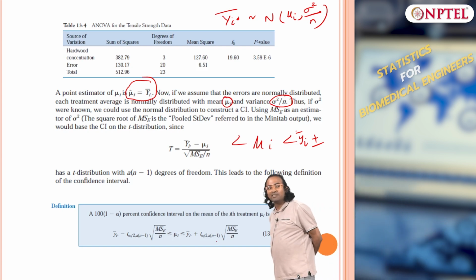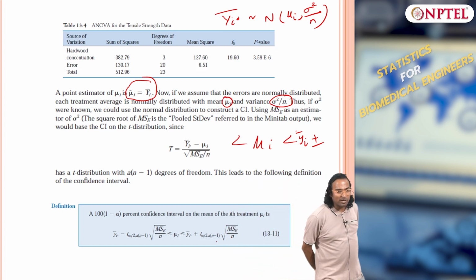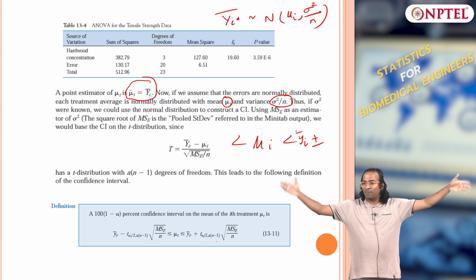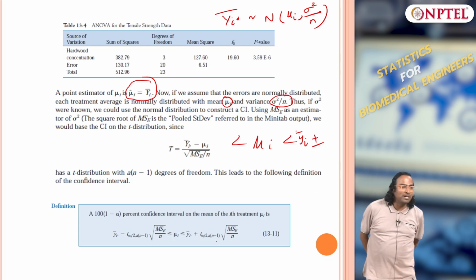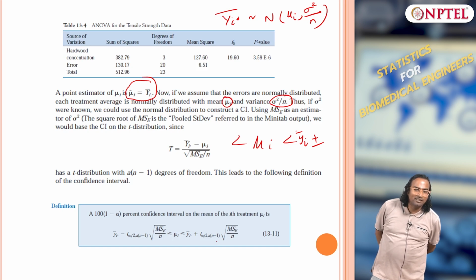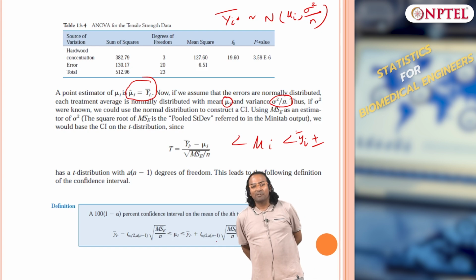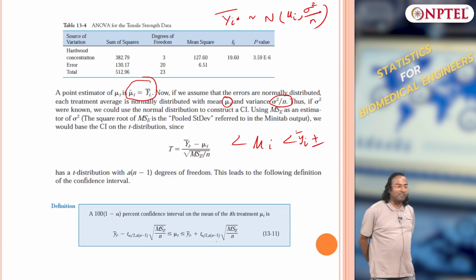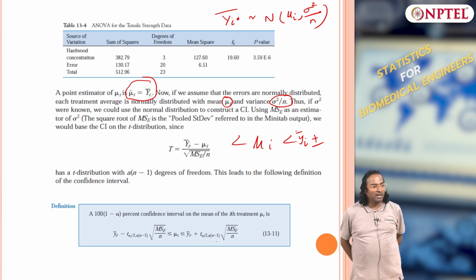There are multiple populations. If you remember, in the 2 sample case you have 2 populations; here you have 5 to 6 populations, since you are comparing 5 to 6 treatments. Each treatment comes from a different population. The good part is that I assumed their variances are equal, so I can use what is known as the pooled variance estimator. Remember, in the 2 sample case we had 2 cases: when sigma 1 square equals sigma 2 square and when they are not equal. When they are equal, we can compute the pooled standard deviation and pooled variance. That is what we will do.